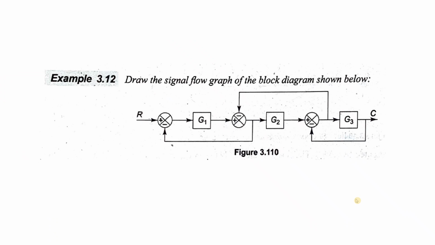Okay, so yesterday we discussed the signal flow graph, that is, how to represent a particular block diagram in the form of a signal flow graph. I also discussed the steps you have to follow while drawing it. Step number one is that in a block diagram, you have to represent all the signals by some name. This is the input signal and C is the output signal, but the intermediate signals you also have to represent by some name.